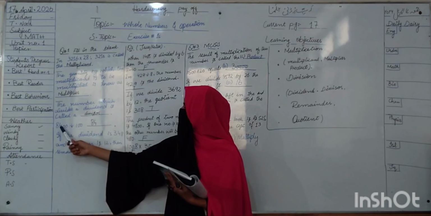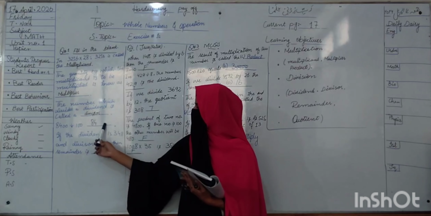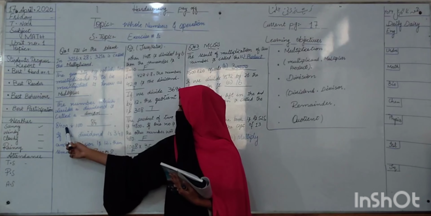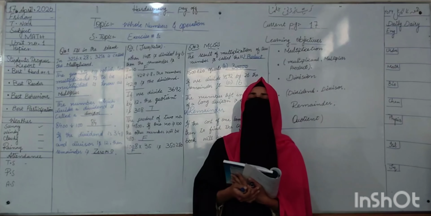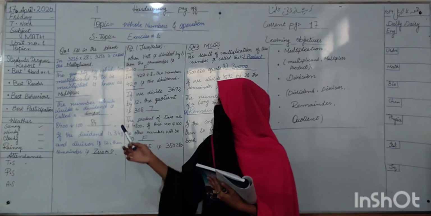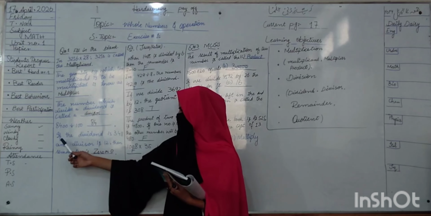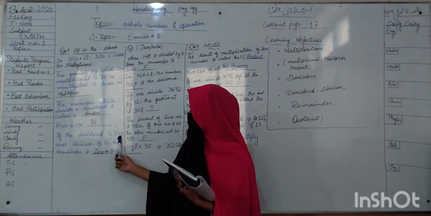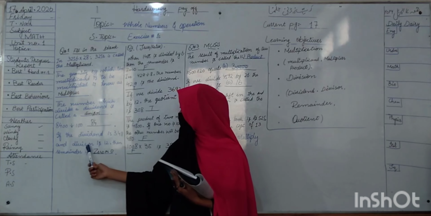Next they say that 8400 divided by 100, the answer is equal to 84. Like that, cut two zeros and do the division. So the answer is equal to 84. Last filling the blank: if the dividend is 348 and the divisor is 12,